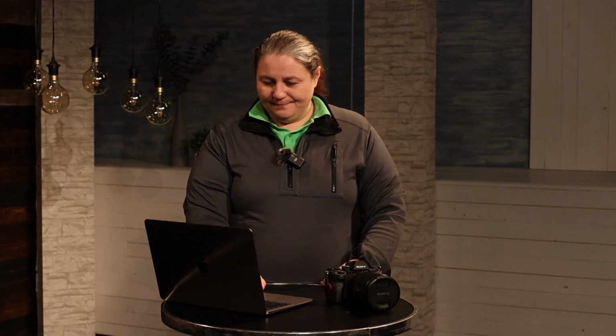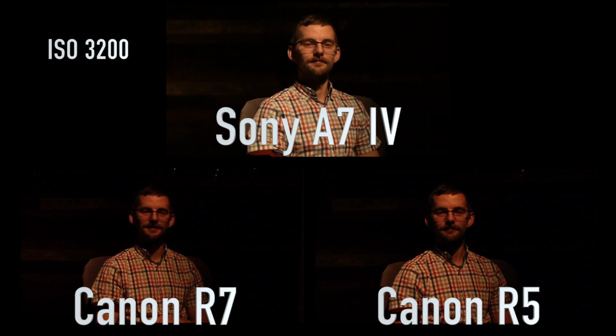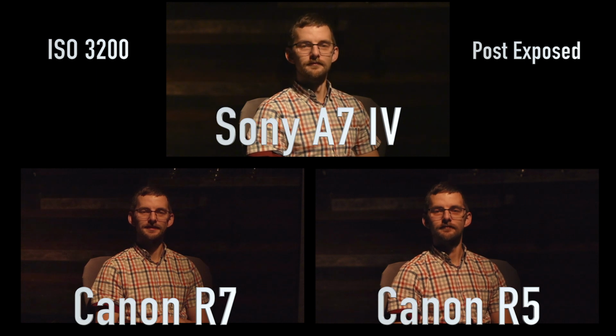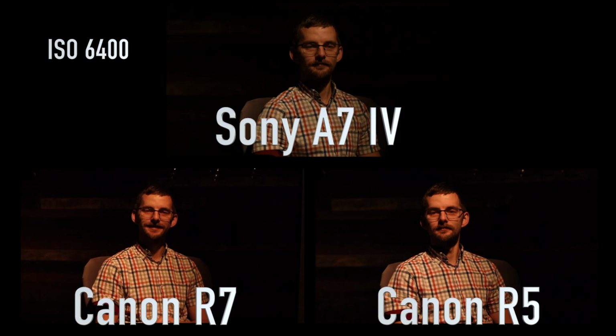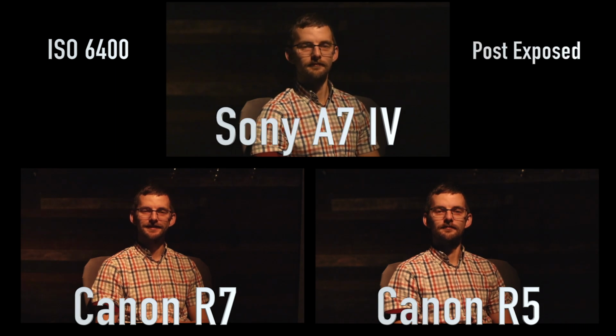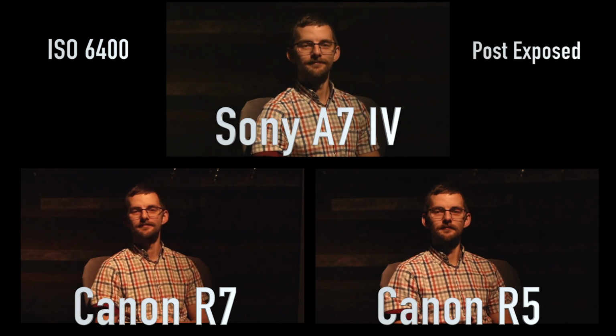The next test we did was actually low light recovery, and all the Sony users will be quite happy and impressed to say that my findings at all of these different ISOs were that the Sony does extremely well in low light, so much better than the Canons. The Canon's definitely usable. Again, you can see I got the R7, the R5, and the A7 IV here. We did it at 3200, 6400, and then